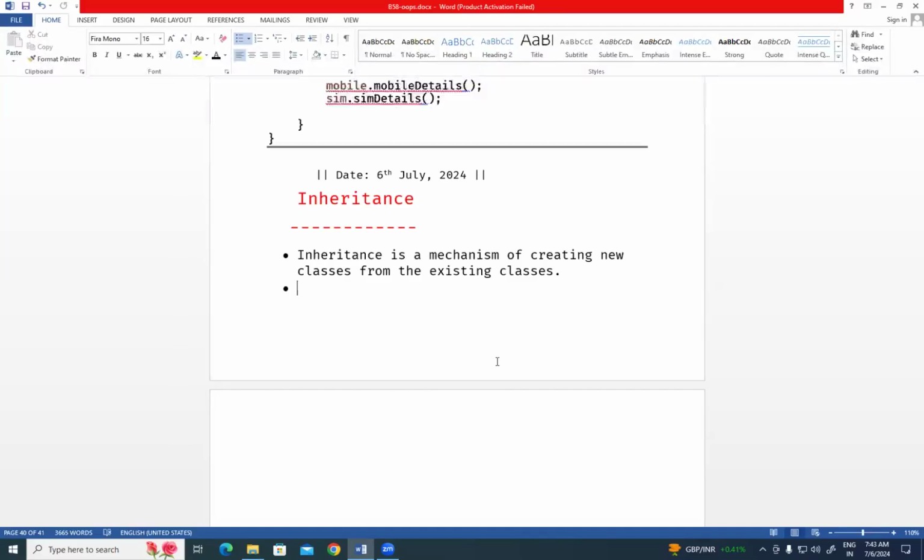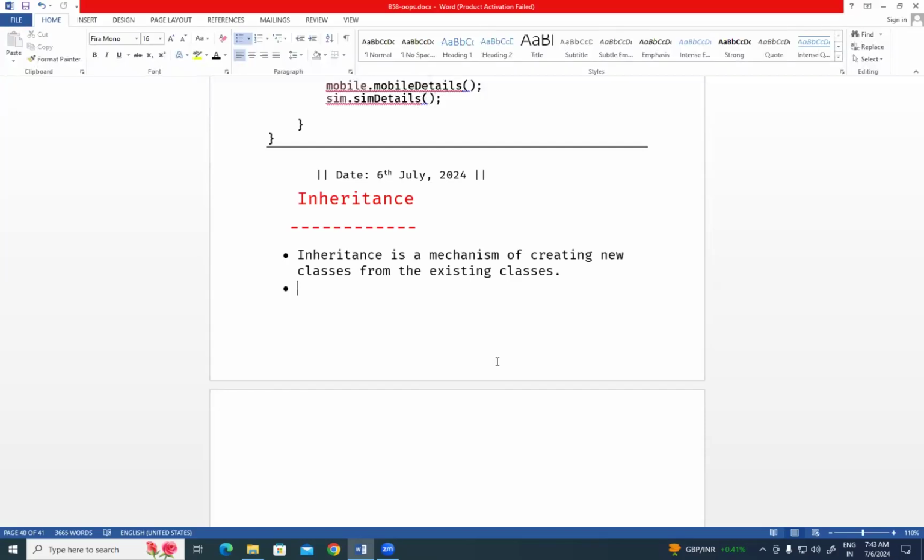In my new class, whatever variables are required and whatever methods are required, at the time of creating the class, we definitely know what variables and what methods we want to create in the class. You have to write variables and methods in the class. But when you are creating a new class, whatever variables and methods are required,